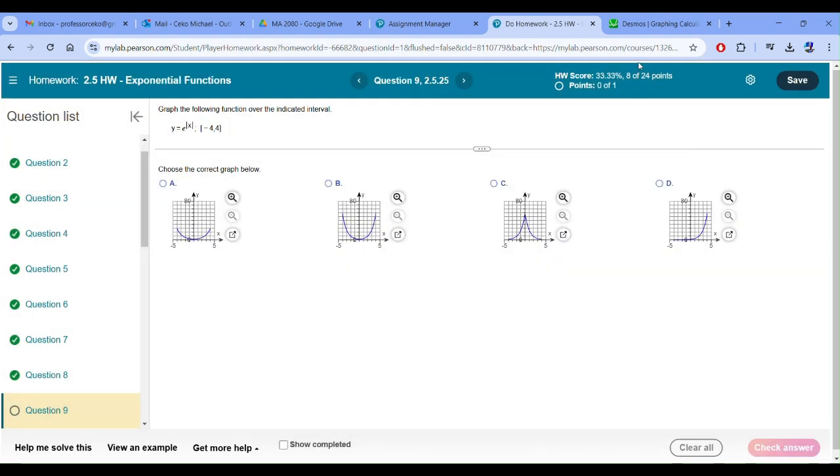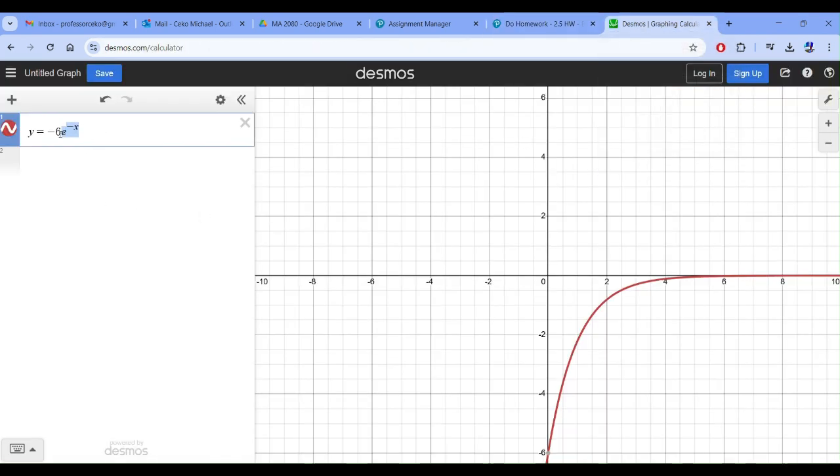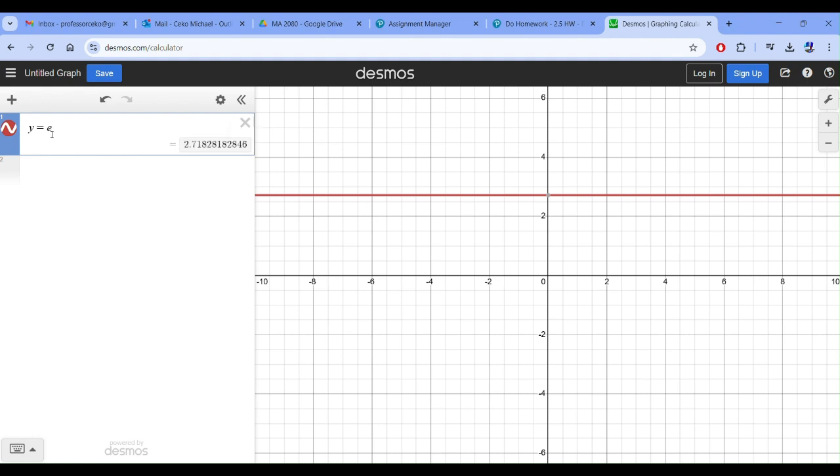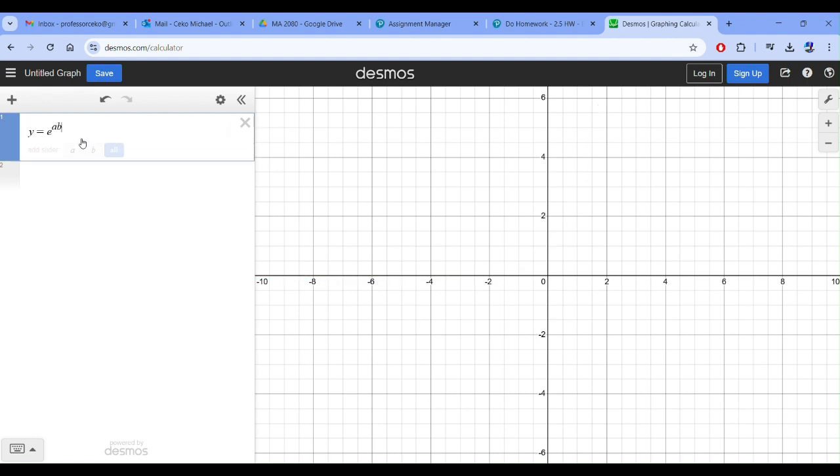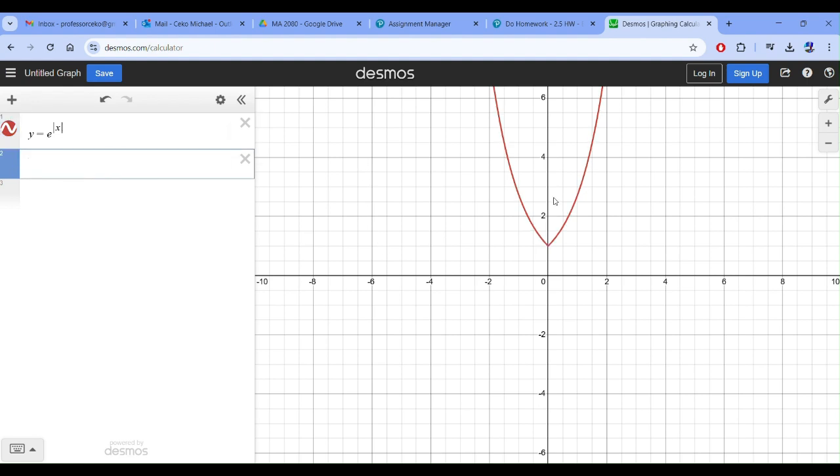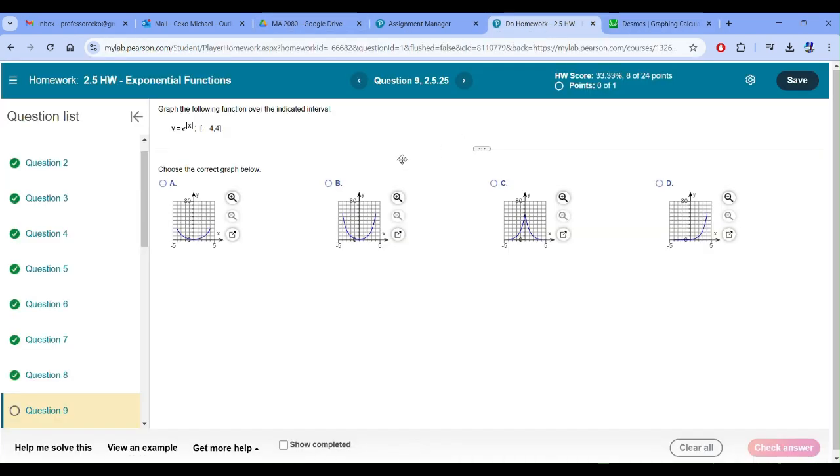All right, and again, you could just put all this. I'm actually going to graph this one: e to the absolute value of x. So y equals e raised to the, and then just do abs, absolute value. It didn't accept it. How do I do absolute value? Add that expression. If I do a line, x, is that going to work? Oh, it's that kind of parabola looking thing, which looks like